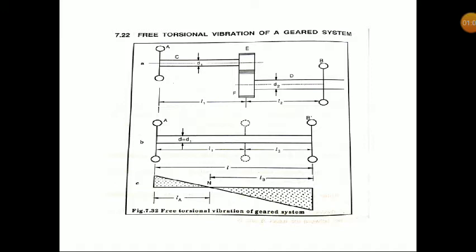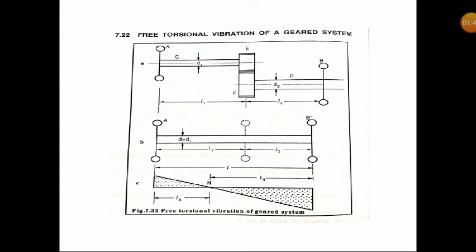So here what we are doing is replacing the system, as usual, by an equivalent system of uniform diameter. We are assuming the diameter of the system as D1, and we are finding the node position. Here only one node occurs. This is a case of a two rotor system; there is no third rotor. Only two rotors are here, so it is considered a two rotor system and only one node occurs. That is shown here, LA and LB.